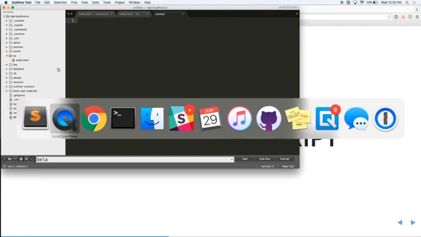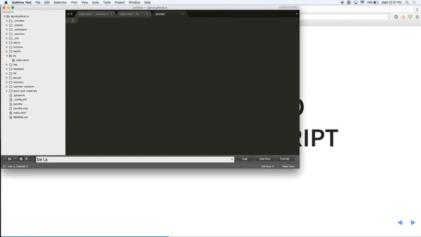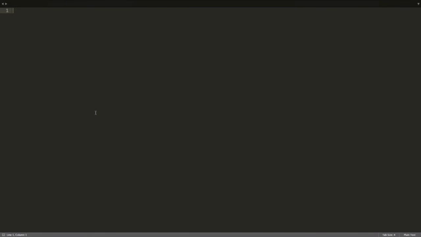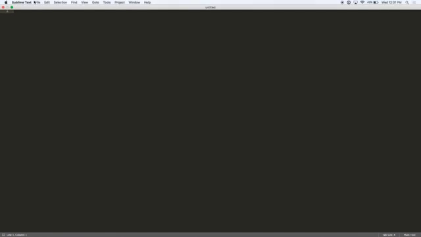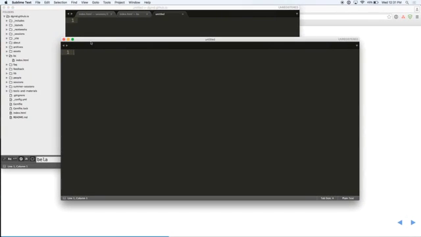will now be available. If I can get back to the other Sublime Text. There we go. So the first thing that I want to do is I want to put something on the